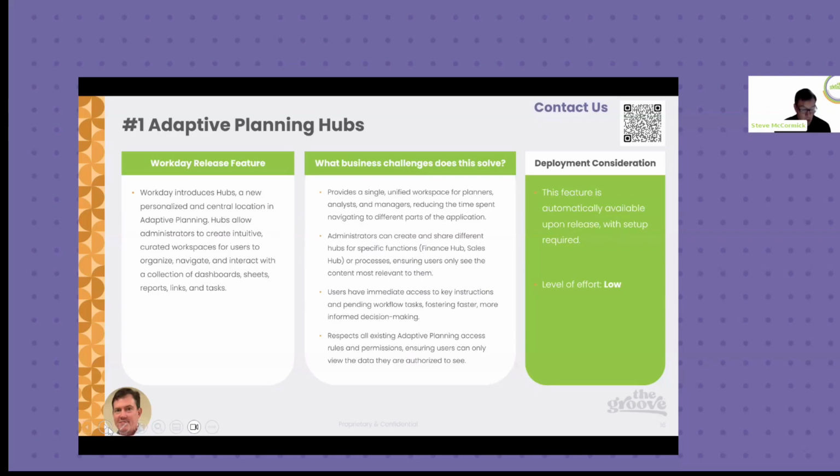So, if we think about where we are currently with Adaptive, we have announcements, an announcements page, HTML setup. So, people kind of got away from announcements. And over the last several releases, Workday has been introducing additional functionality to dashboards, text for comments. So if we set up a dashboard for a planning process, we could put instructions in a text box. Then they introduce sheets into dashboards, and along with sheets came report links and in reports. So we've expanded dashboards to be kind of a process flow, if you will, for a way to interact with Adaptive. But now they've created hubs, which is a much cleaner process of interacting with adaptive and the user experience